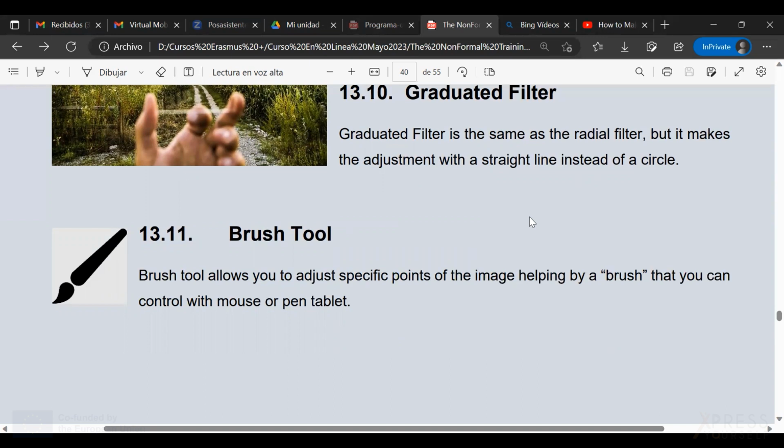Some smartphones have this brush tool, and this allows you to adjust specific points of the image, helped by a brush that you can control with the mouse or pen tablet, and in your smartphone you will be doing it with your finger. You can even change colors and things like that.